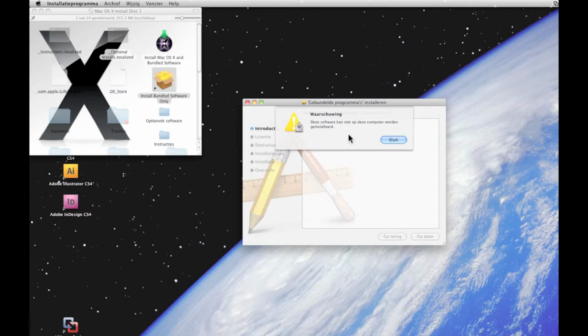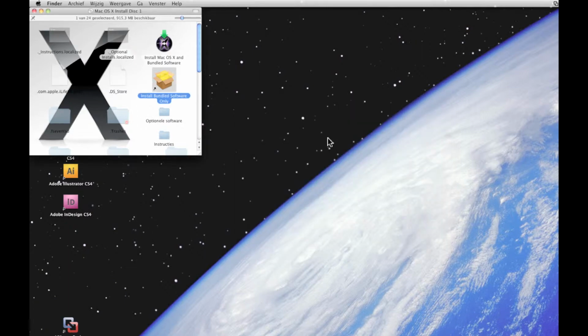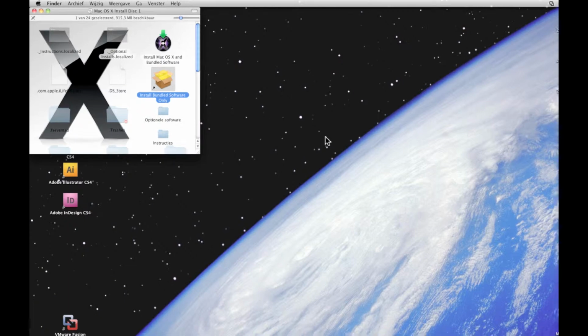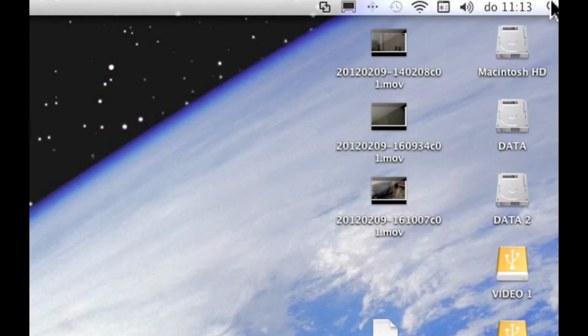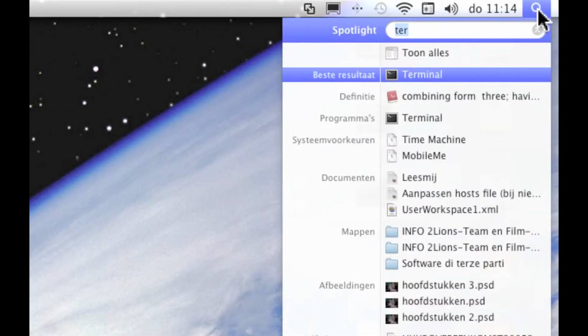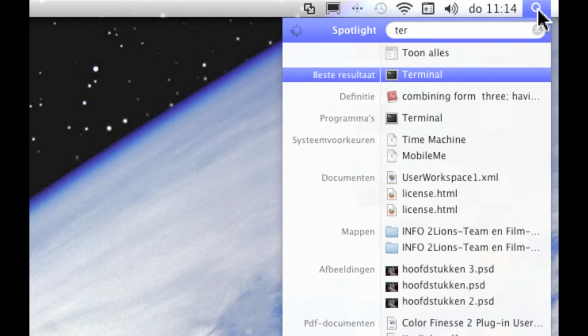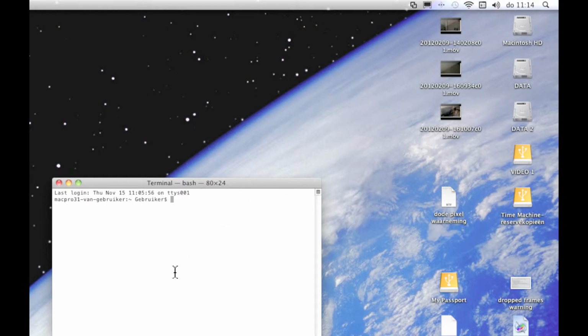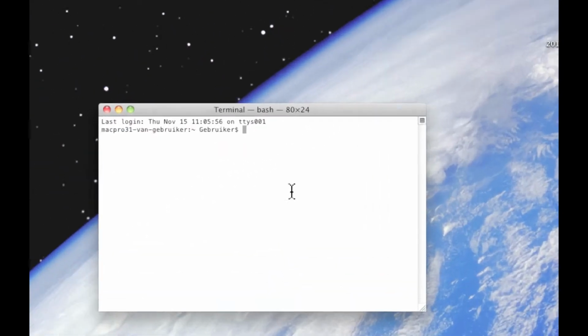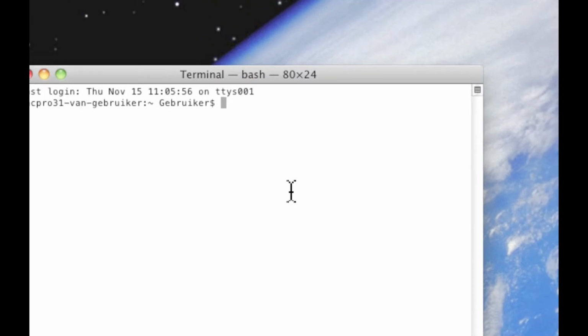So how do we get around this first problem here? Well, when we close it, it's pretty simple actually to get around this. First of all, what you need to do is copy this installation package to our Mac system and alter the content of this package. So how do we do that? Okay, so we go to Spotlight and we enter terminal, which I already had there, but I'm going to show you terminal. Alright, now we go to the terminal, zoom into the terminal, and we have to copy first,